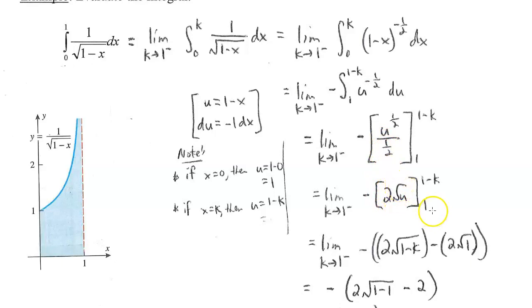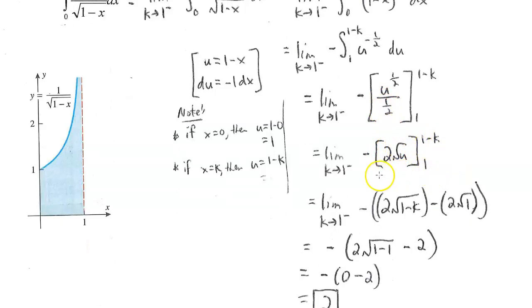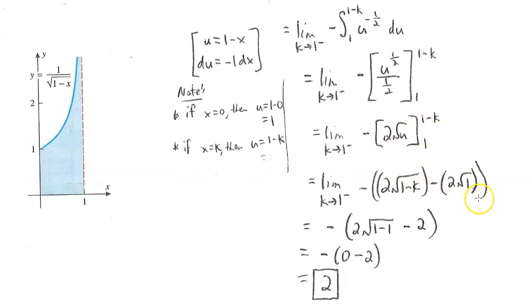Okay, so we evaluate it from 1 to 1 minus k, and we still have this negative out front. So we plug in 1 minus k for u, plug in 1 for u, and subtract. Notice what we get. We still have this negative out front here, but as k approaches 1 from the left, this is going to be 1 minus 1, that's 0. So we have 2 times 0 essentially right here. But then this is really just 2 times 1, that's 2. So we have really 0 minus 2, and there's a negative out front, so we have a negative 2, which